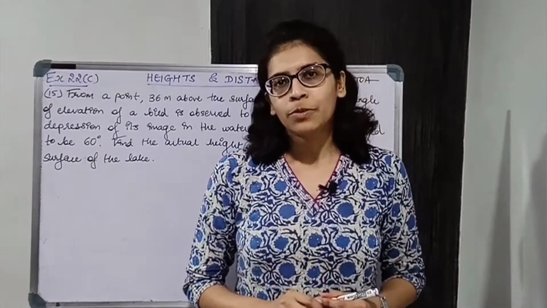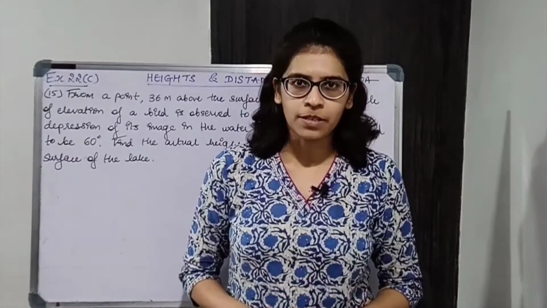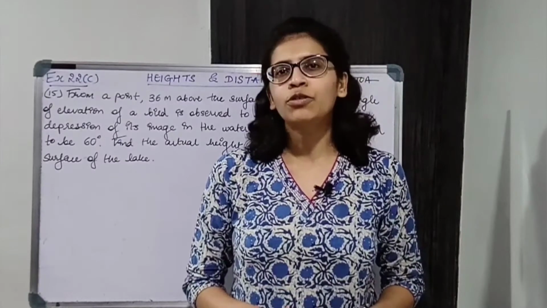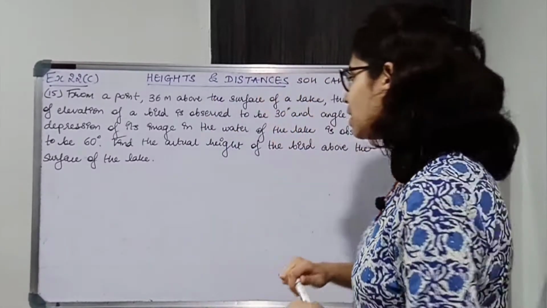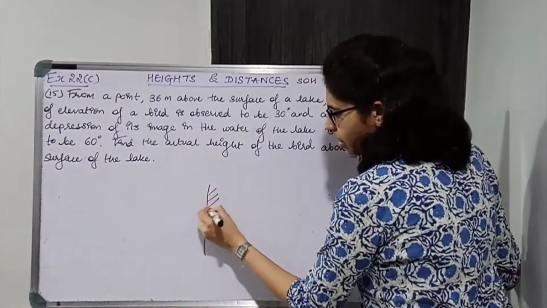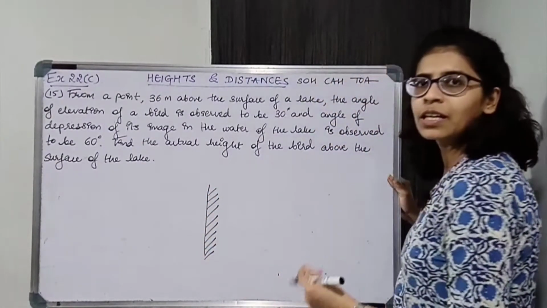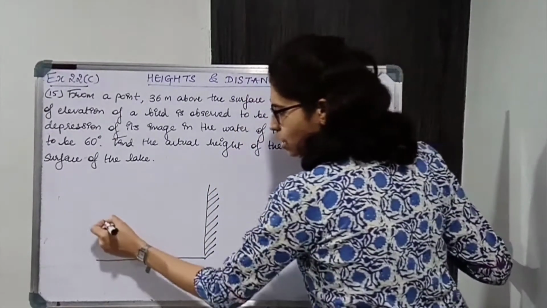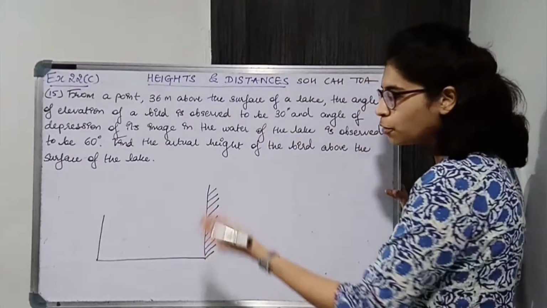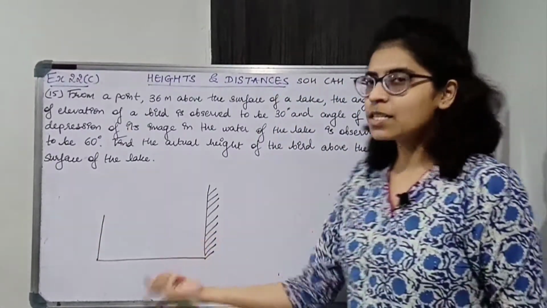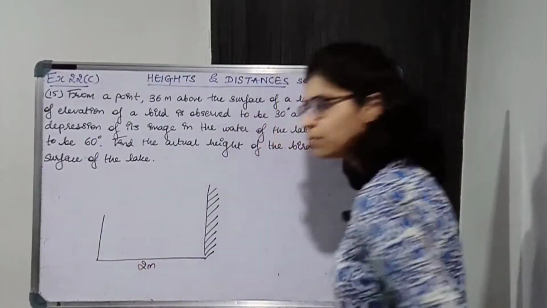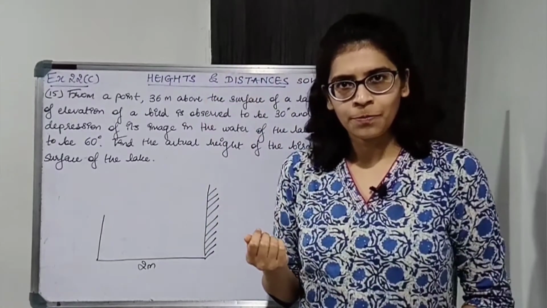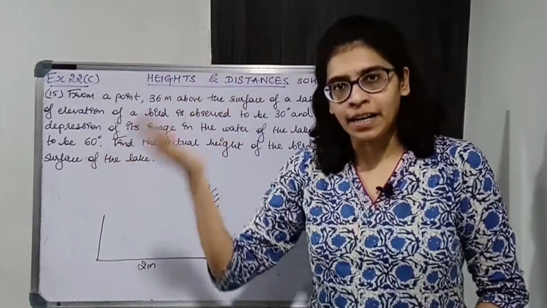Now, before proceeding with the question, let us first go through one concept of physics. So in physics, you must have learnt about mirrors and images formed in the mirror. So we are going to go through a very basic concept. Let's say there is a mirror, and you are standing in front of the mirror. Let's say you are standing over here. Now let us assume the distance to be 2 meters. Now the image is formed in the mirror. You can see your image in the mirror. The image is actually formed behind the mirror.